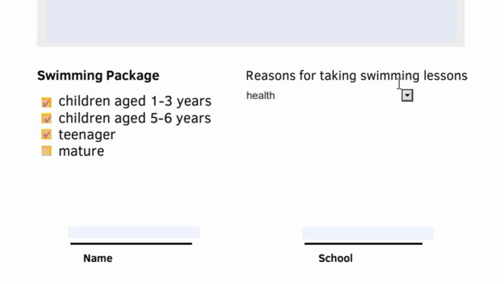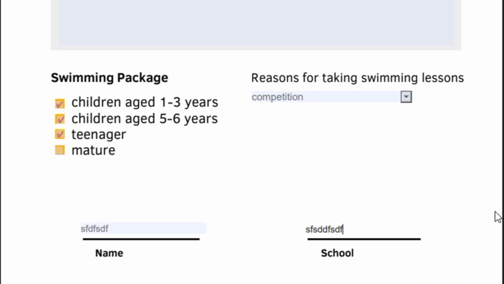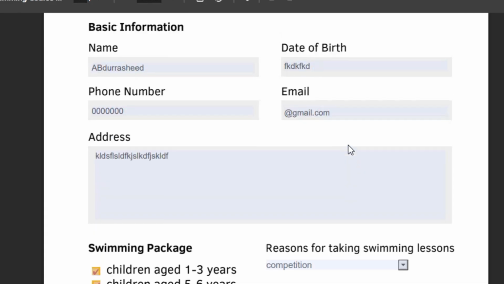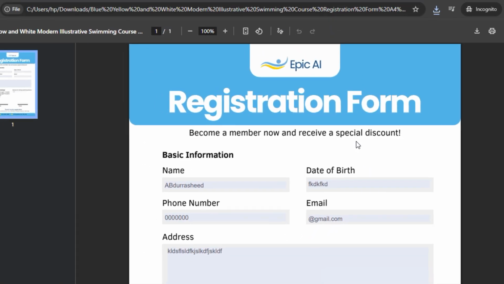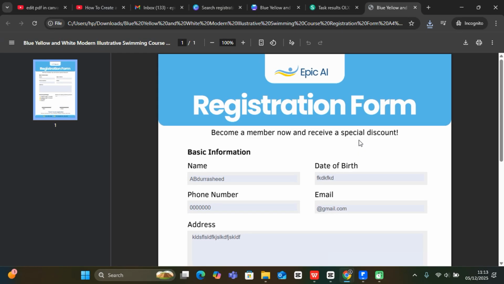Over here you have the drop down list, which you have competition, and select from the drop down, and then down here you can type in your name. You will type in here, and you can as well save this and use it for later content. So this actually concludes this simple tutorial on how to use Canva and Sejda PDF to edit your PDF and make it fillable